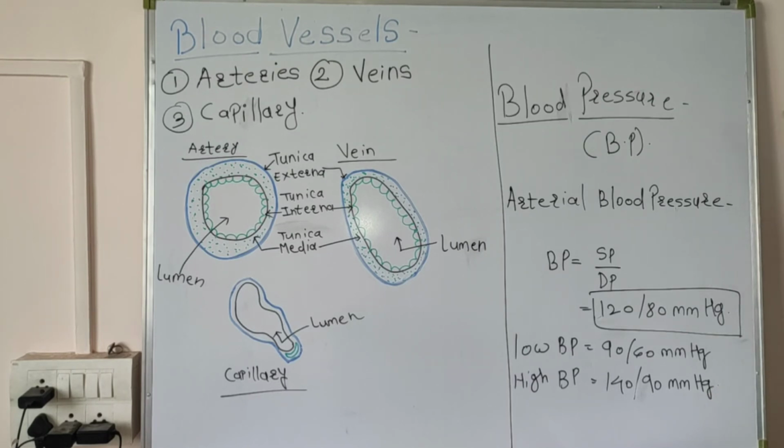I have already told that blood pressure is measured with the sphygmomanometer. Basically, this sphygmomanometer is an instrument which measures the blood pressure. It has a rubber bag, and that bag has a cuff covered by a particular cotton cloth, and it is connected to a mercury manometer. The other side has a rubber bulb.